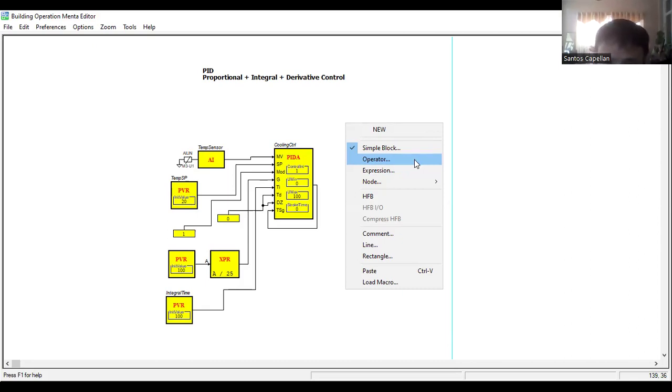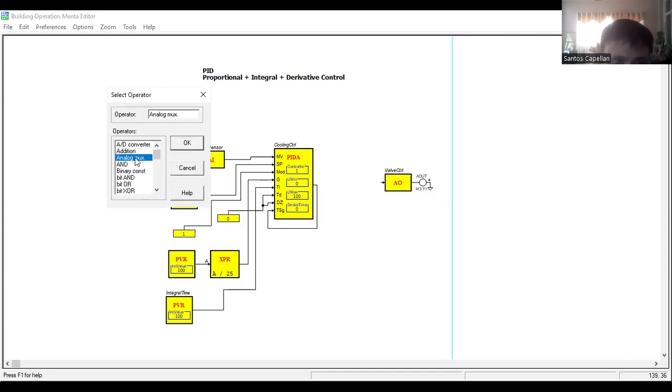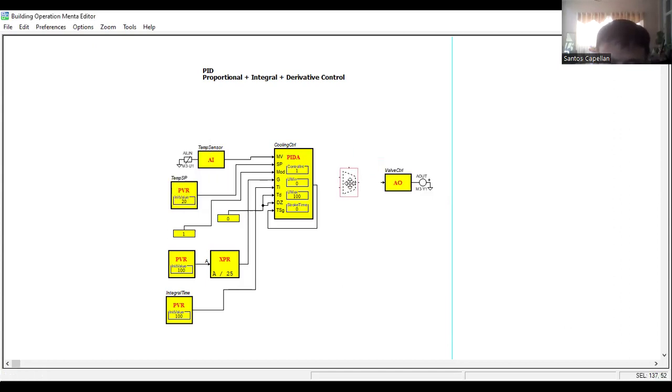Okay. So here I will use an analog mux. Now this multiplexer, I need a switch that will turn on this. If the switch is one, then it will take the one input. If it is zero, then it will take the zero input. So again, I will put it here.